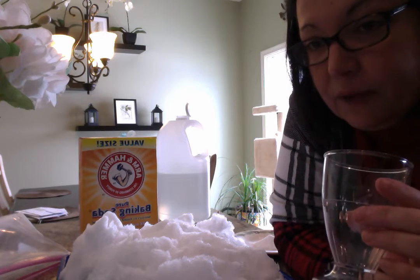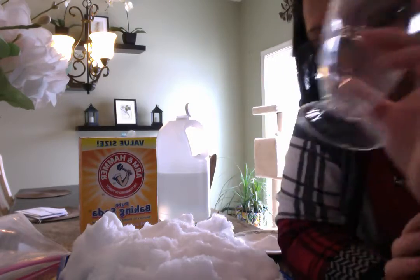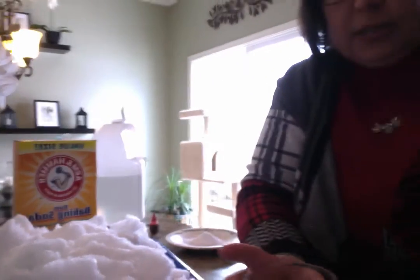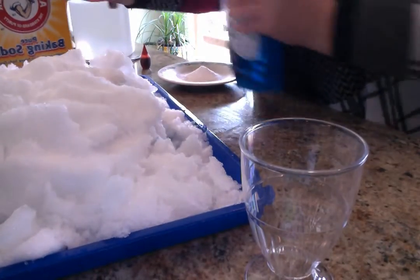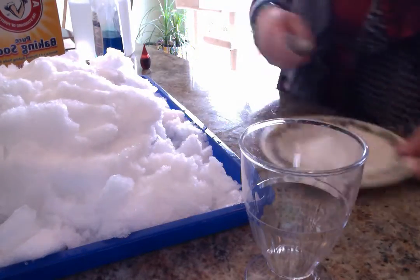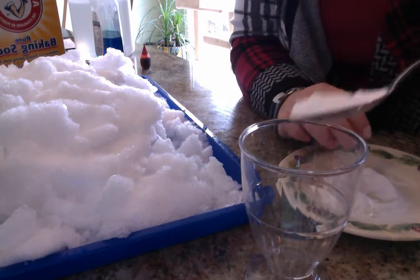So it says add everything except the vinegar to the container and stir well. All right, so I'm gonna add everything to my cup here, but not the vinegar yet. So I'm gonna do the baking soda first, actually. So I need 2 spoonfuls of baking soda. So 1,